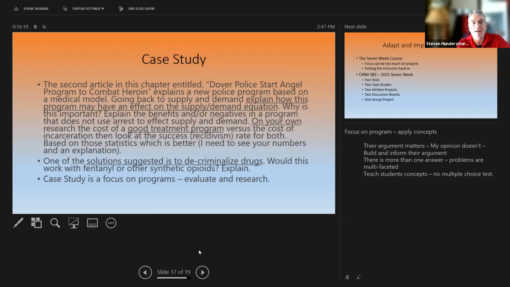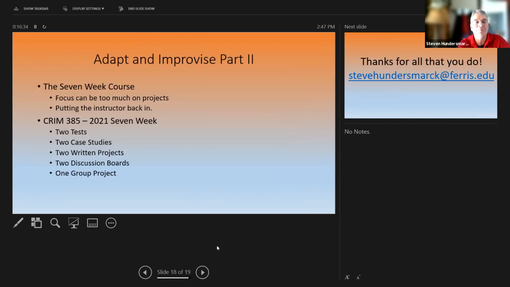There's a case study that I told you about, really looking at the supply and demand equation with opioids. Some really interesting stuff, but again, I'm looking for their view, not for my view. And what I found out,